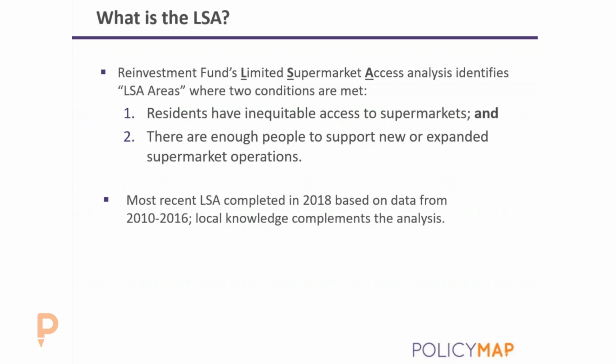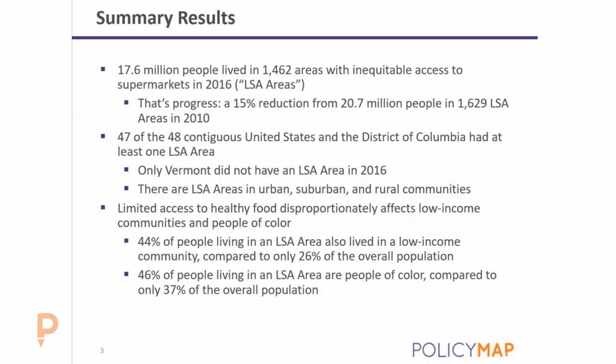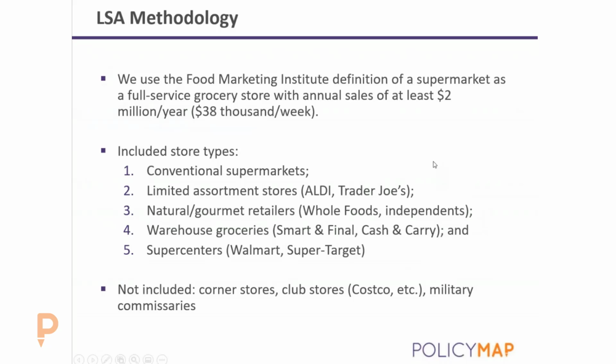We're actually in the process of getting funding for a 2020 update. So that'll include a lot of really new variables. There are some really unique statistics about LSAs. Calculating population into it, in the first LSA, 17 million people lived in an area that we considered equitably limited access. Some good statistics for these numbers. I won't bore you with this. You can read through it.